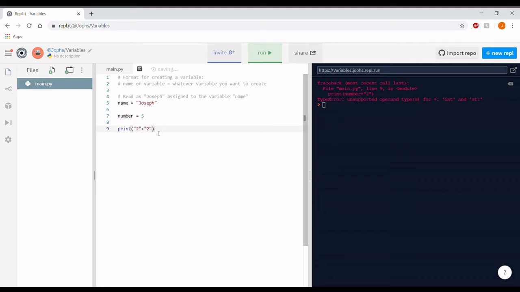So you can actually do 2 plus 2. But what would this print? Would this print 4? Would this print 2 plus 2? Would this print 22? Well, if you said 22, you're right, because if we run it,